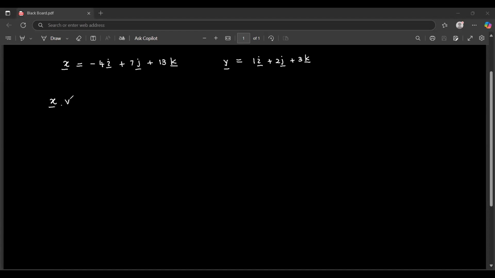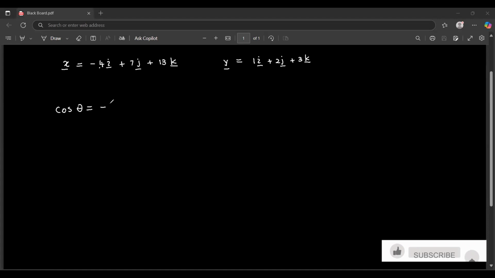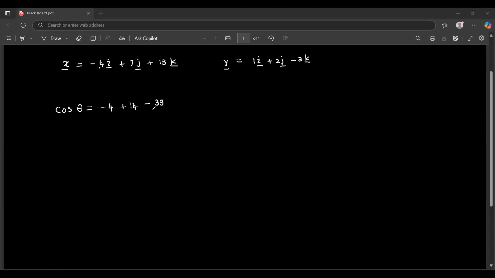So cos theta will be equal to minus 4 into 1, which will give me minus 4, plus 7 into plus 2, which will give me 14. And I'm going to make this a negative one, or else it's not challenging enough. So 13 into minus 3, which is equal to minus 39, over